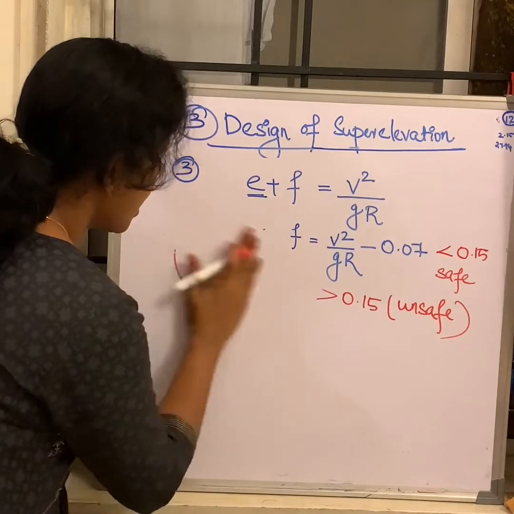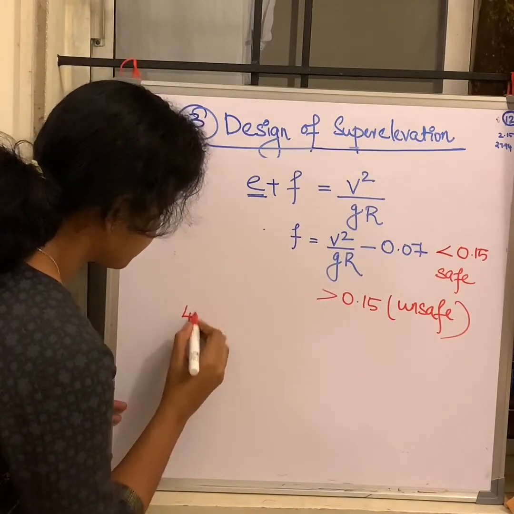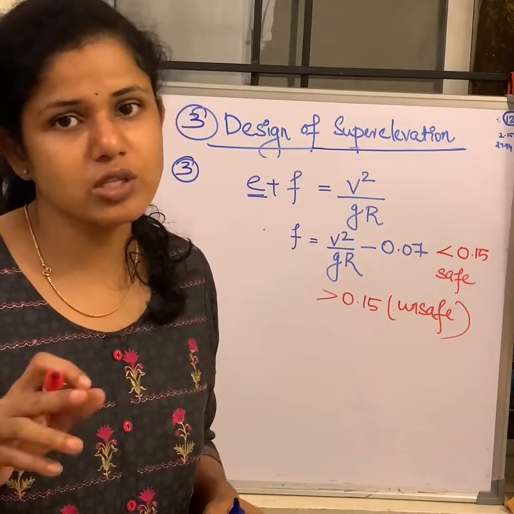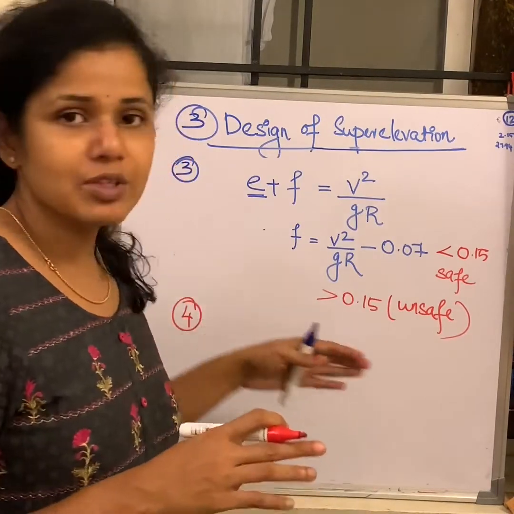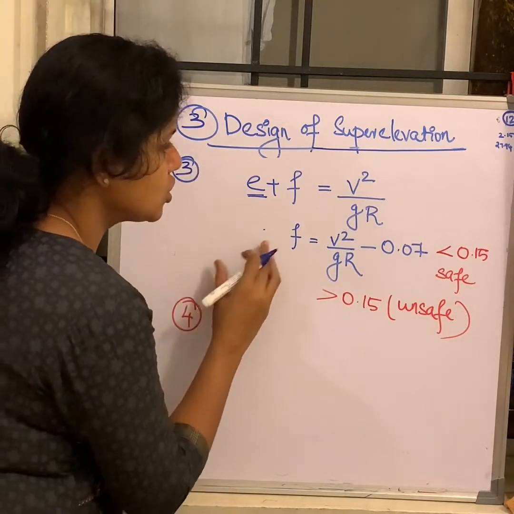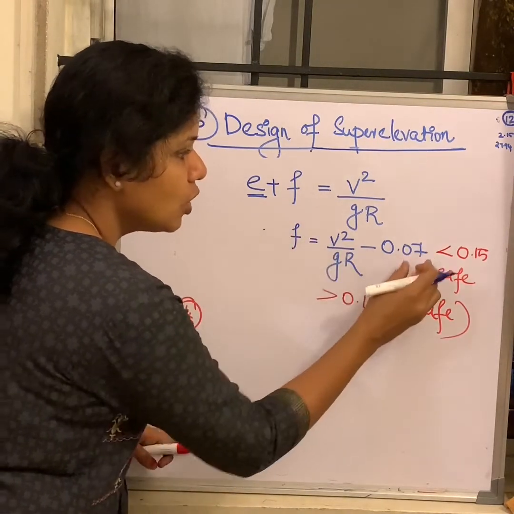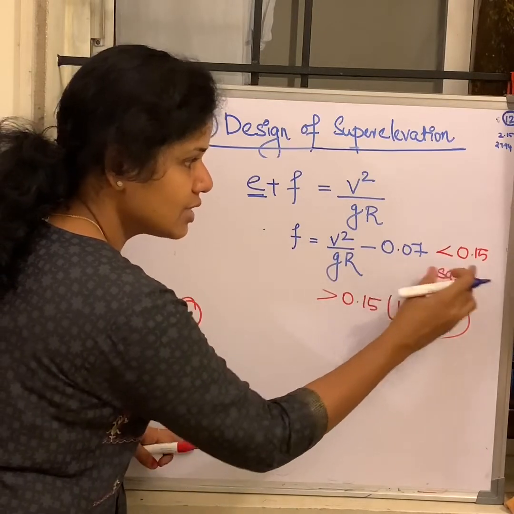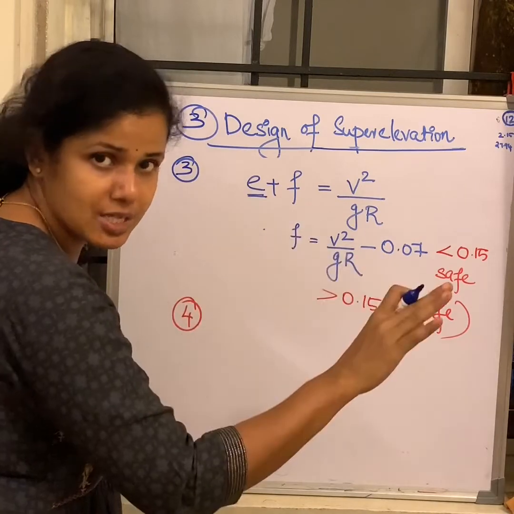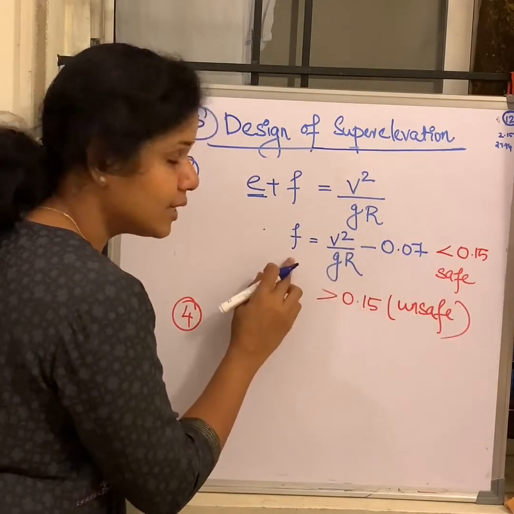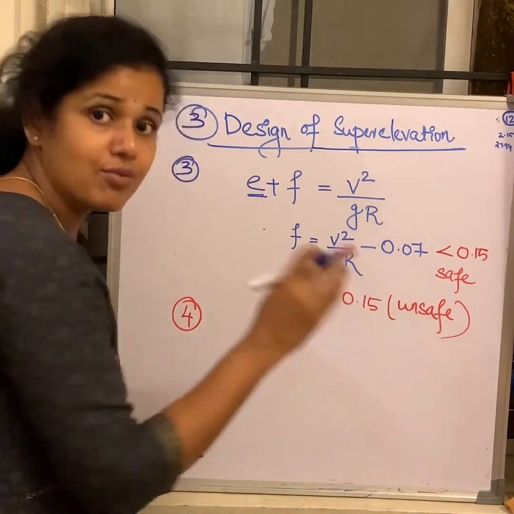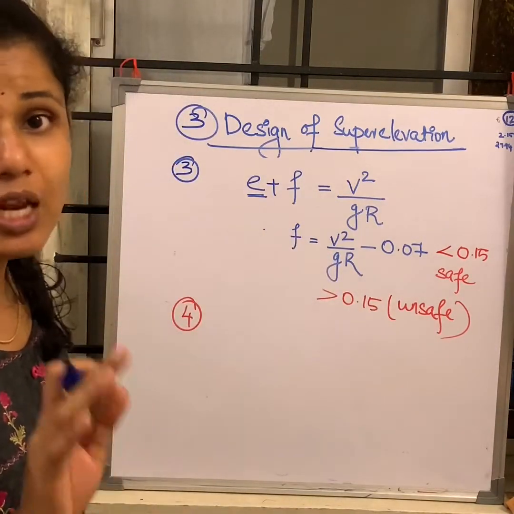So that is step 4. See, any change in radius calls for realignment, so that is the last option we will look at. So step 3 suggests that you calculate the F value and look at the criteria. If it is less, consider the same F value, so one can limit the super elevation to 7%, not a problem. But if this F value is greater than 0.15, it is unsafe. Calculate the allowable speed.